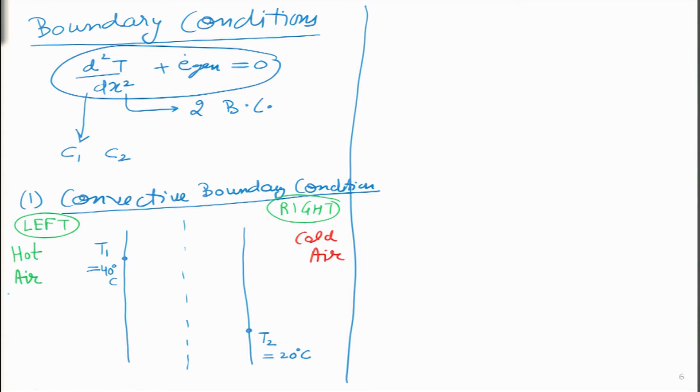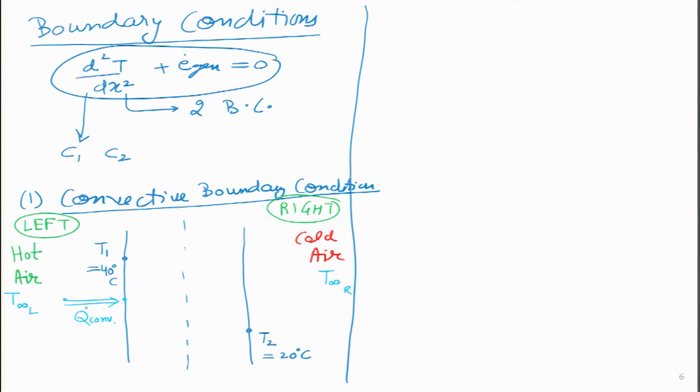Over here I am going to write on the left side my air temperature is T infinity left, and on the right side my air temperature is T infinity right. And I will explain in a little while why I am using this symbol infinity. Moreover, because convective heat transfer will be taking place from the air to the first molecule of the wall, this sort of a convective heat transfer will be taking place. So, I will write this as Q convection,